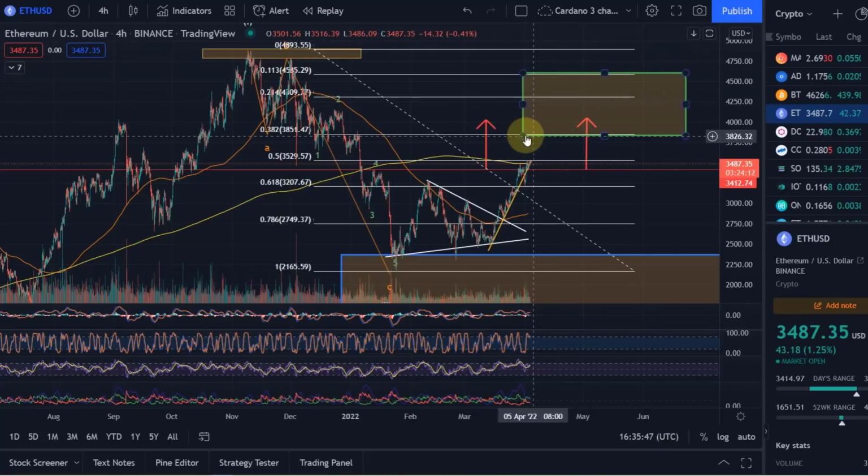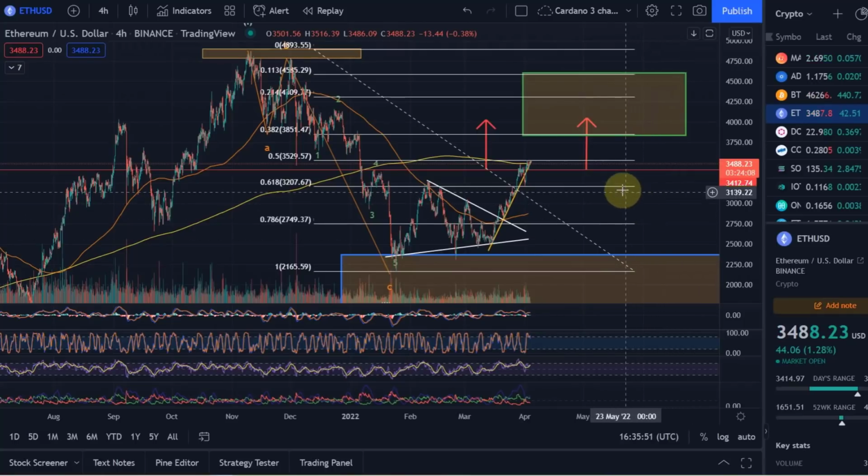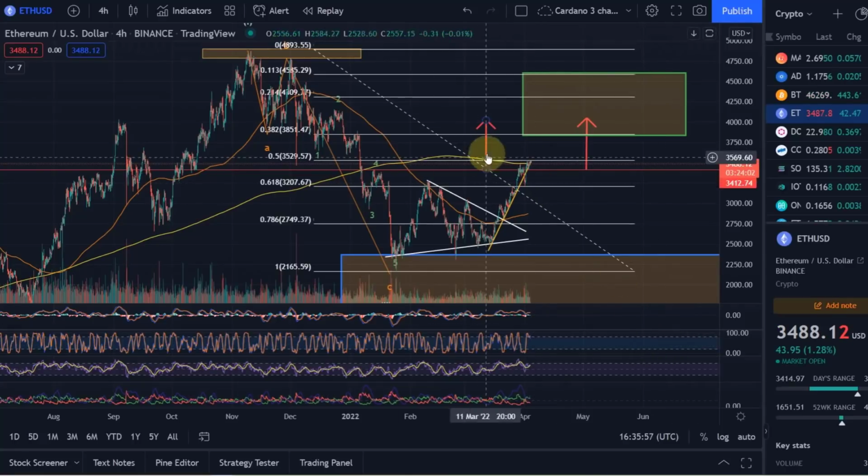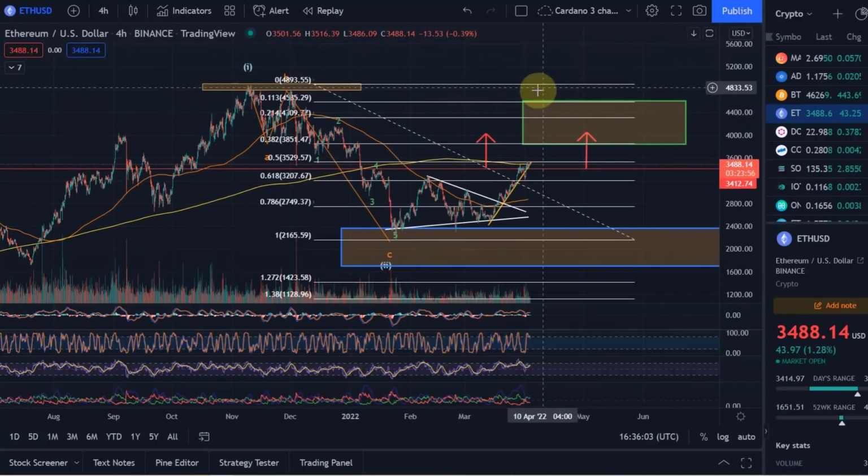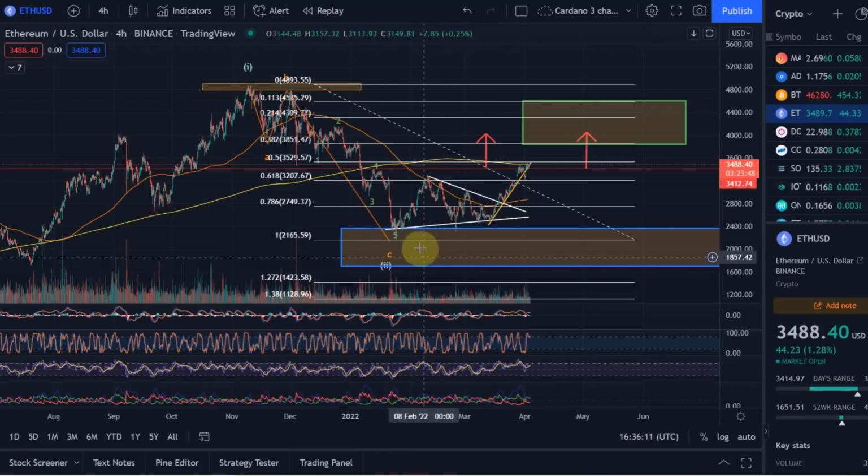So the primary scenario would actually be that ABC scenario, pretty much like Bitcoin. The second scenario would be that we complete the sell-off from here straight away, this wave 4 scenario. And very unlikely, but possible, is the scenario that we move to new all-time highs from here. And therefore, in any scenario, I think it was the best decision to dollar cost average in here in this target area,